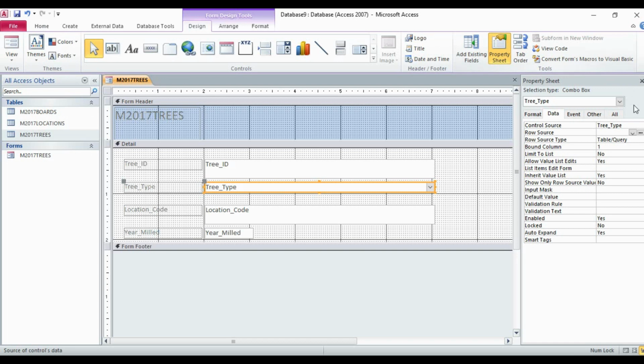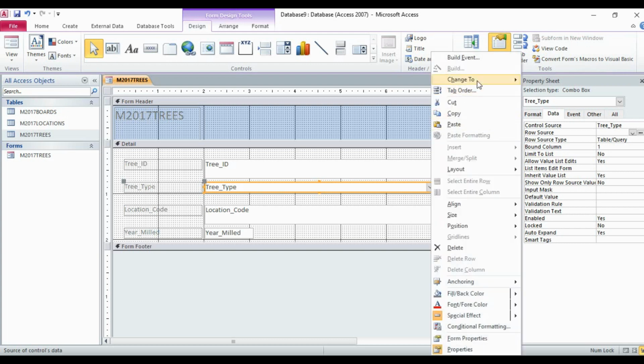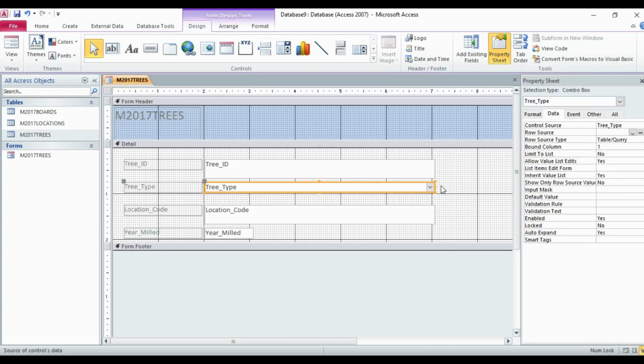So tree type has already been chosen for change to combo box. Now it is disabled because we have already selected change to combo box. Now this is the property sheet for the tree type.